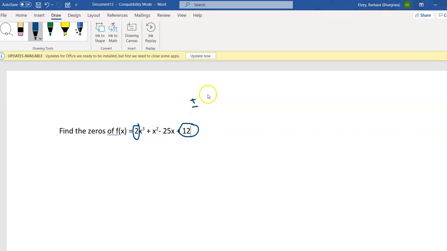All right, so 12, let's see, 1 goes into 12, 2 goes into 12, 3 goes into 12, 4 goes into 12, 6 goes into 12, and 12 goes into 12. So those are all the factors of 12. Now for 2, the only ones are positive and negative 1 and 2. All right, now what we're going to do is make a list of possible zeros. It doesn't mean that they are zeros, but it's a possible list. So our possible zeros